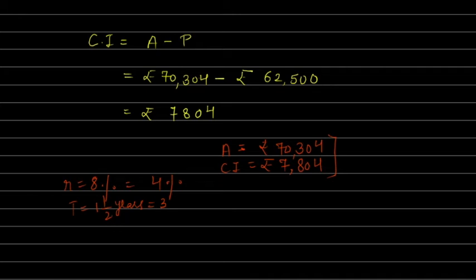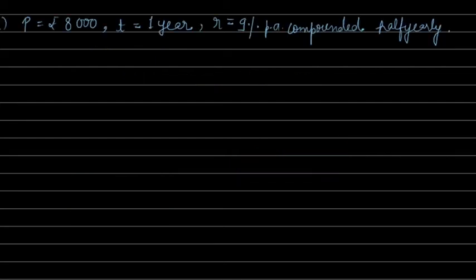Now let's quickly see question 1 D part. Here again underline this, it has to be calculated half yearly. Half yearly means the rate becomes half. So it is given 9% per annum, it becomes 9 by 2. And let it be in fraction, don't write it as 4.5, because the fractional number will help you in the calculation. Now we'll see how many half years are there in 1 year, 2. So we will write 2 half years. So these are the changes because the interest is calculated half yearly. Okay, so we have made the changes accordingly in time and rate.